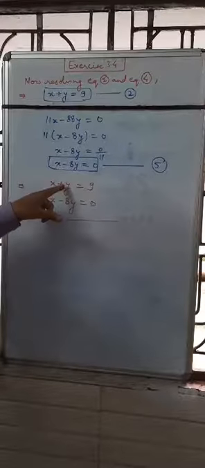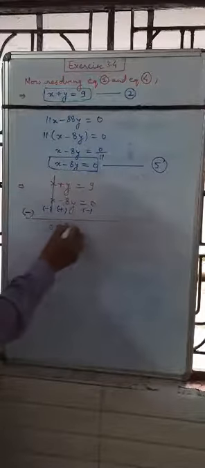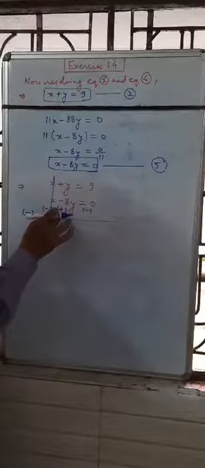Looking here, the coefficient of y is 1 in one equation and 8 in the other. But the coefficient of x is 1 in this equation and also 1 in the other. So we can eliminate by subtracting both equations. When subtracting, the sign changes, so we get x minus x is equal to 0, it gets cancelled, and y plus 8y is equal to 9y. In analytical calculation, we always take the bottom sign, because if you are subtracting both equations, the sign has been changed.